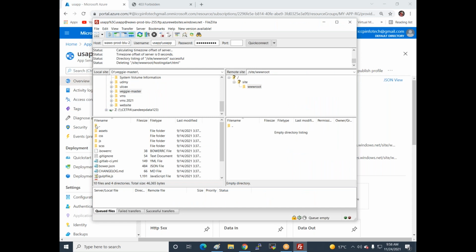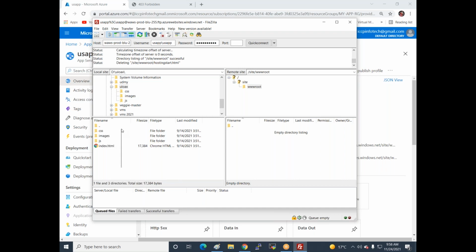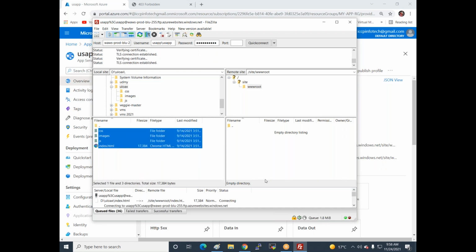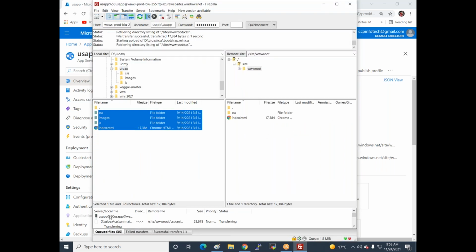So now I click on this one and upload this website. I copy this code and move it to this location. When the moving is done, you can see that my code is successfully transferred to this location.